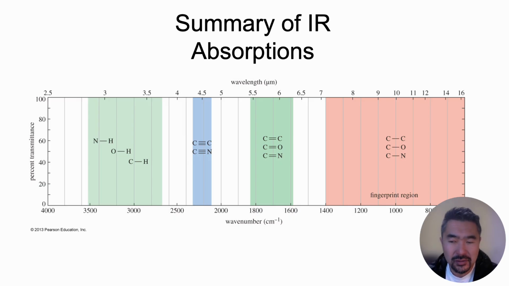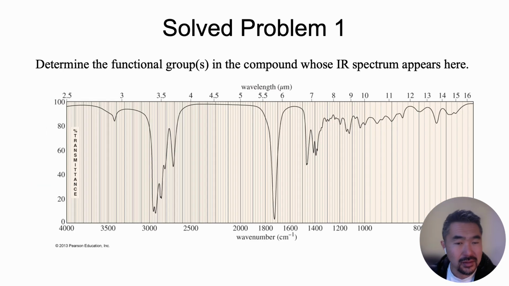Okay, we're going to try to look at how we can tackle some problems, like identifying functional groups as well as identifying what kind of compounds we have based on the IR. And again, I can't stress this enough: this one graphic here is really important. Single bond to hydrogen, triple bond between two big atoms, double bond between two big atoms. Okay, those are the regions. The wave numbers matter, right? Now, can we